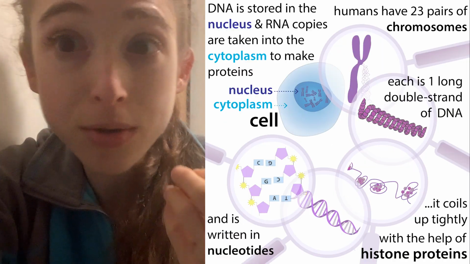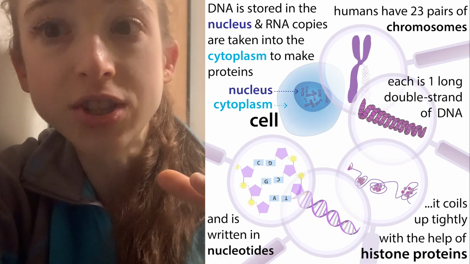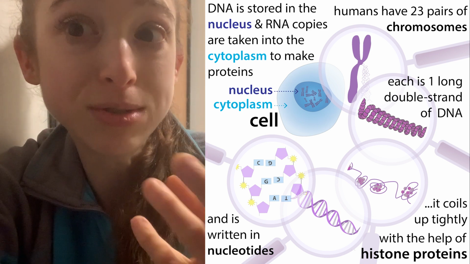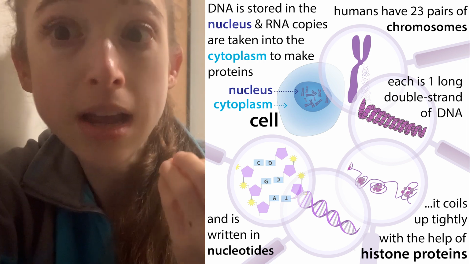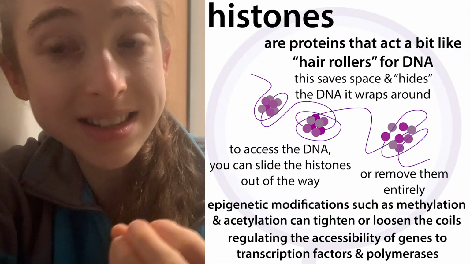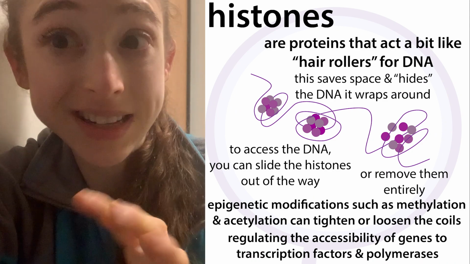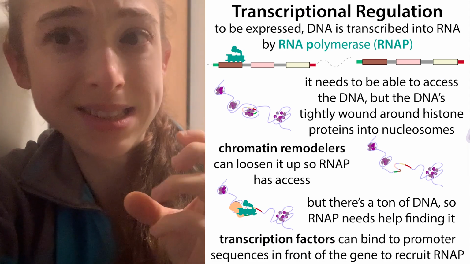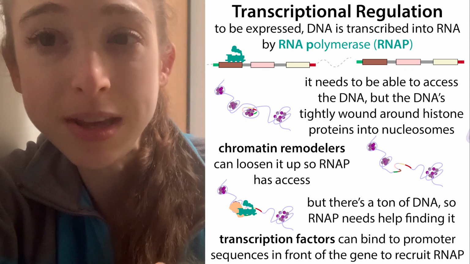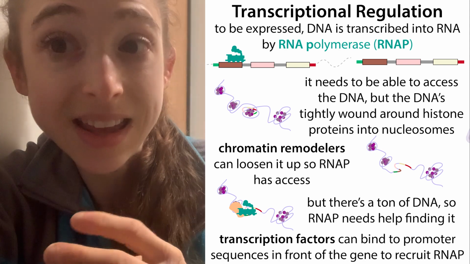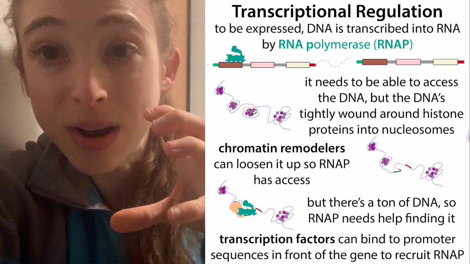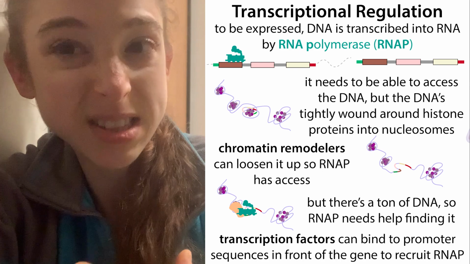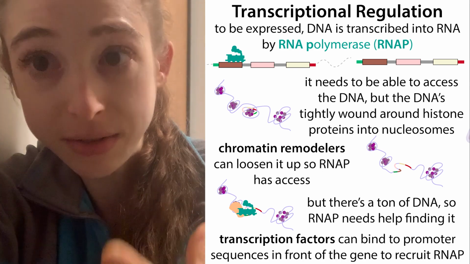So although all those cells have all that DNA, there's so much DNA that they have to coil it up really tightly. And so it's actually hard for your cells to even get at those instructions, because that DNA is tightly coiled around these proteins called histones. We'll talk more about this. But basically, if a cell wants to express a gene, so use that recipe, they're going to have to push those histones out of the way, unwind the DNA, and actually use it through transcription, where they make copies of it, and then those can be used to make protein from it.